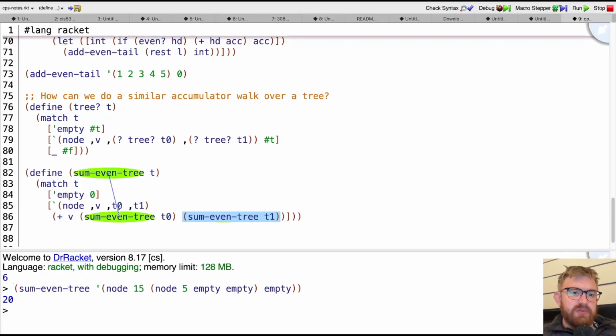Now, it's actually really tough to do this. You can't use the same trick because, well, here, if I went down to t0, how would I remember to come back to t1? So if I knew that I was always going down the t0 side or the t1 side, it would be fine. For example, this function,